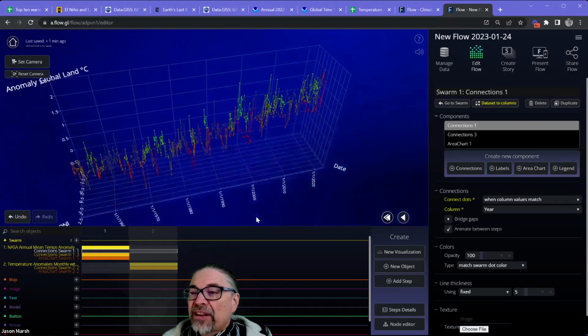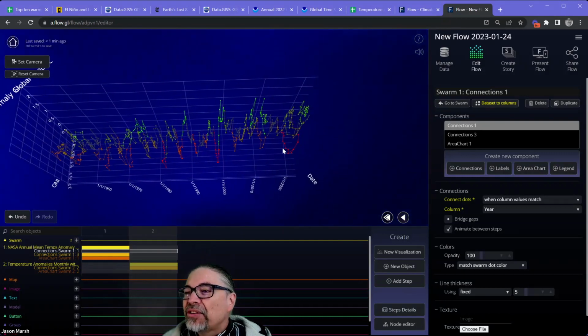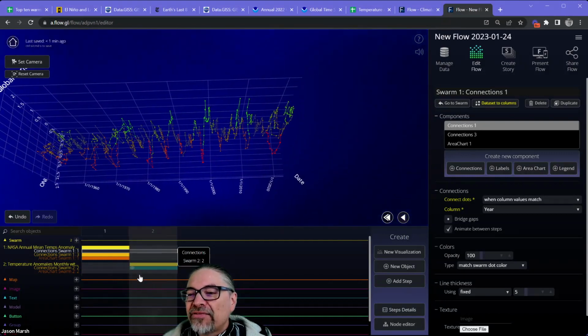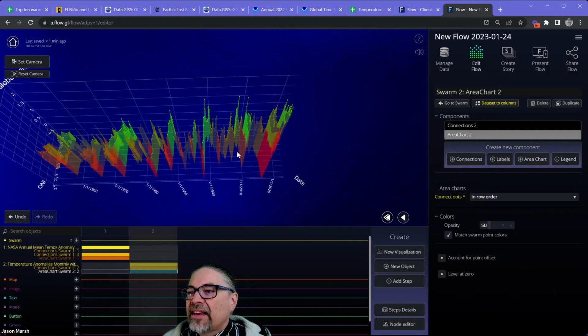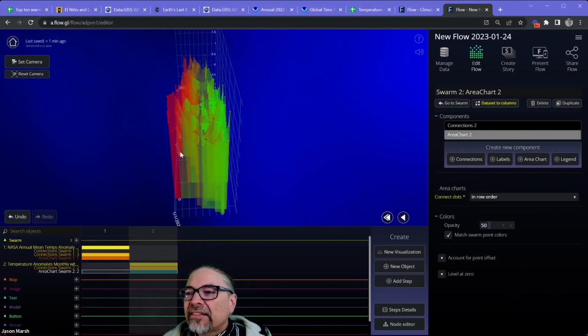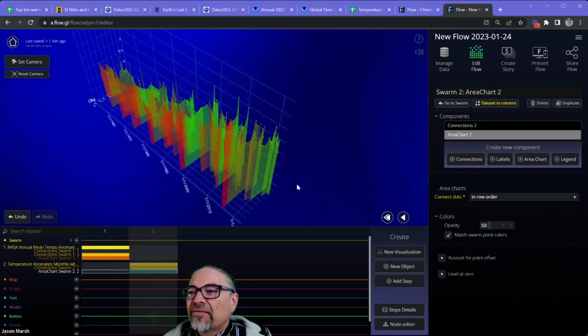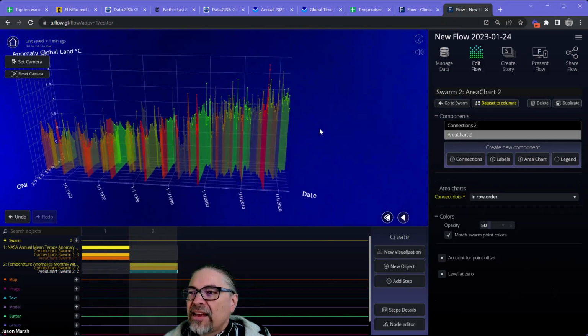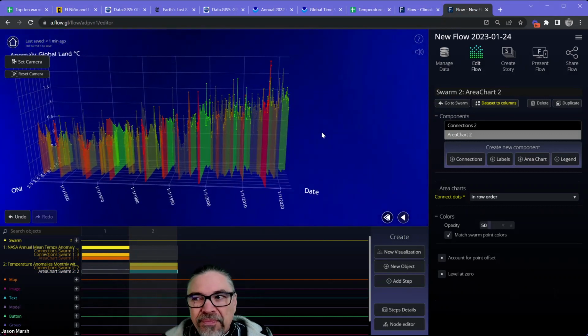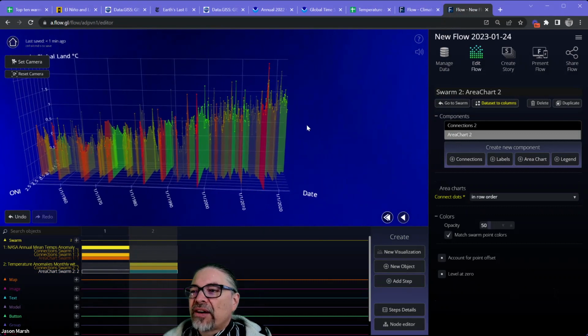Now, this is a pretty complex data view I've got here between these two data sets, because the temperature data and the El Nino data are certainly related, but it's not incredibly obvious what's happening. You definitely need to move it around to see it. I think it works better in a headset or in augmented reality than on a flat screen.